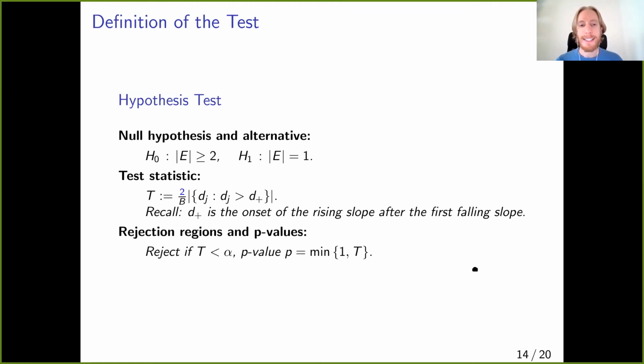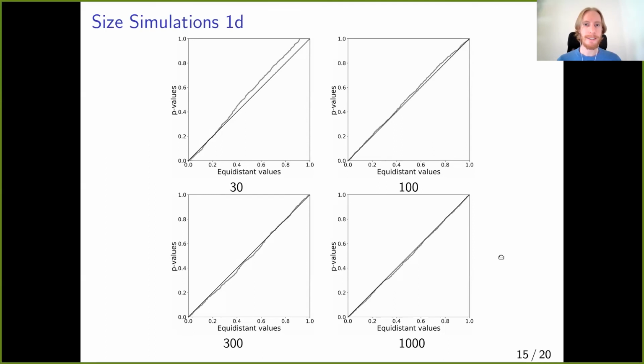Okay. And now let's look at the exact example I showed you before. So a one-dimensional data space, a circle with 2 modes, which are antipodal. And here we have sample sizes 30, 100, 300, and 500. These are PP plots where we just plot p-values. So we have run 1,000 tests, each one with 10,000 bootstrap samples. And so the p-values are plotted against the theoretical uniform quantiles. And we see here they follow the theoretical diagonal